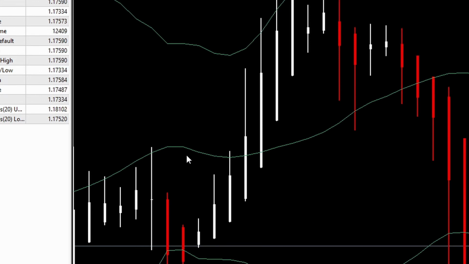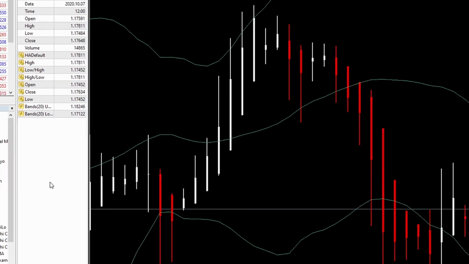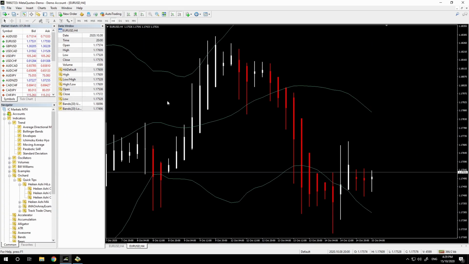So I can apply Bollinger Bands to any of the values here just by setting the default value from that Heikin Ashi. So this is a more flexible way, although it does mean that every indicator you add after this has to use the same Heikin Ashi default, but at least you can decide which Heikin Ashi default will be used.